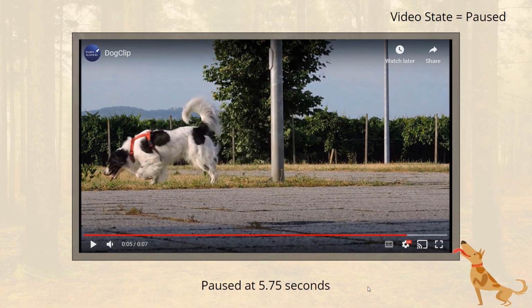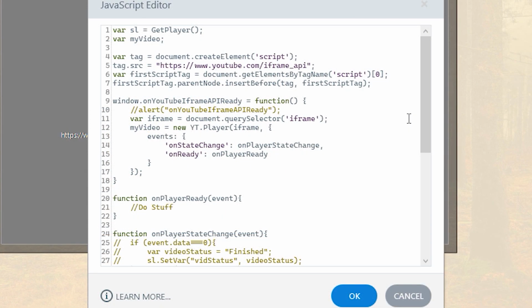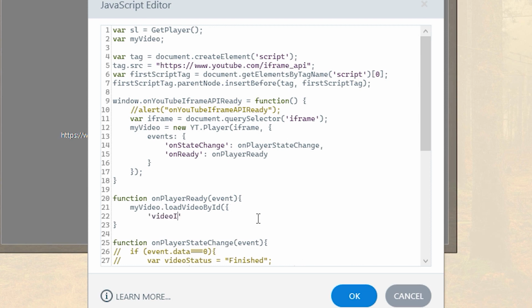Before we finish up, we had a question on this topic from Phil on LinkedIn, who was interested in whether it was possible to use the YouTube Player API to play only a small section of a longer video, and that is indeed possible. To do this, we will go back to our API JavaScript and use the onPlayerReady event that we'd prepared earlier. Into this, we will add a new function available from the API called loadVideoById.